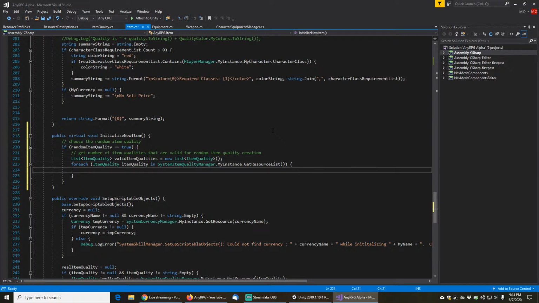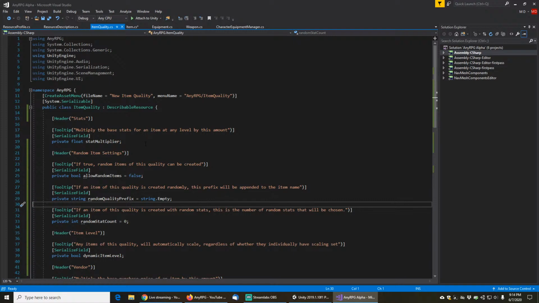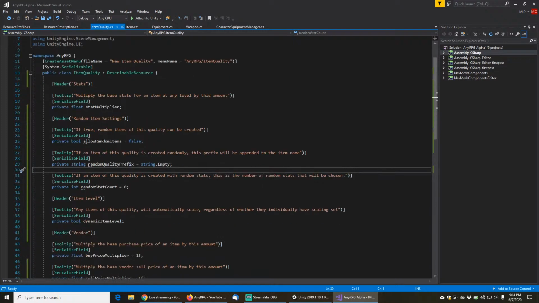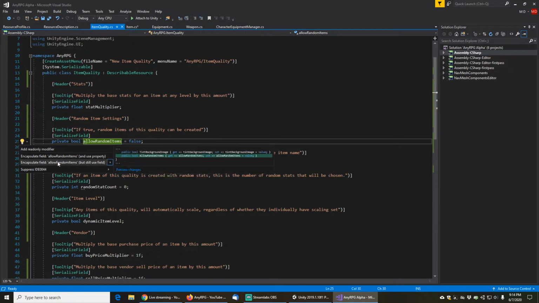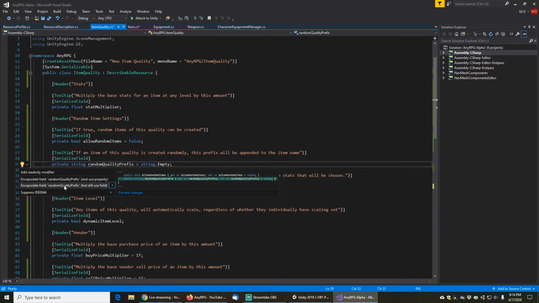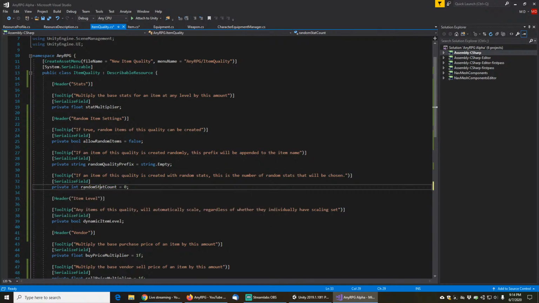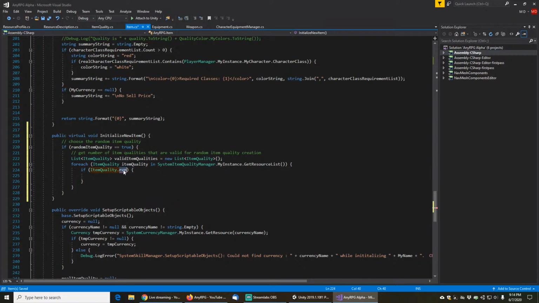Yeah, and we have to define its type. So next, if our item quality dot, and I believe I need to actually expose this as a property. So we will go to quick actions and refactoring and encapsulate allow random items. We might as well encapsulate random quality prefix and random stack count as well. We'll save that, go back to our other window here, and if item